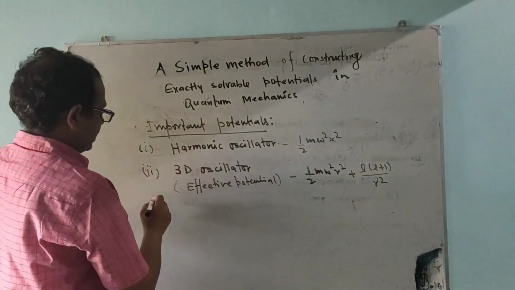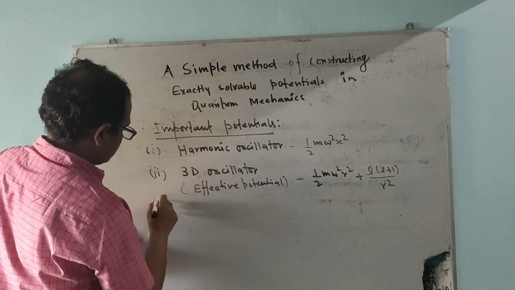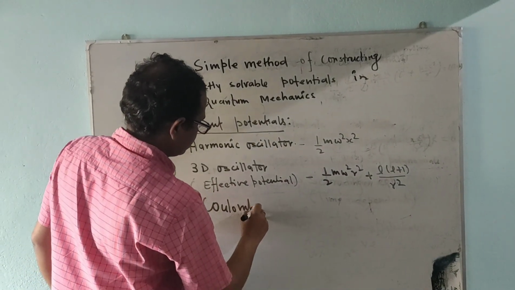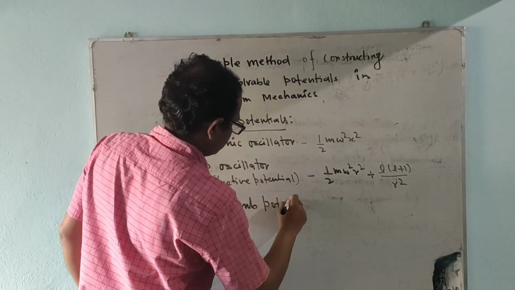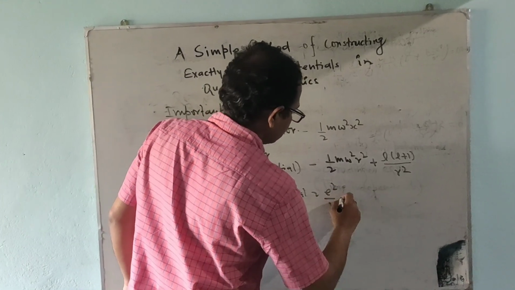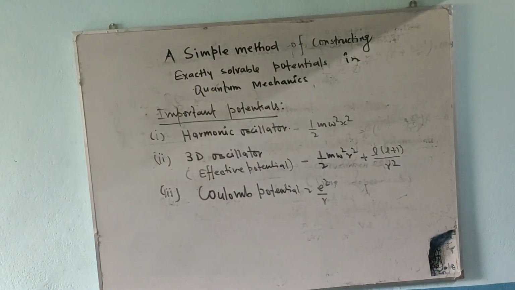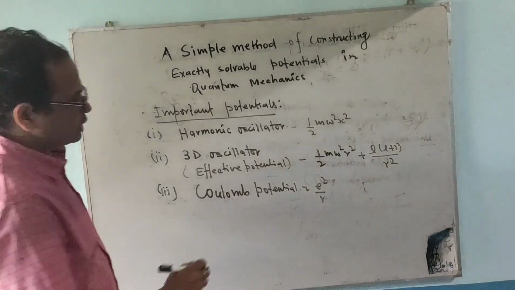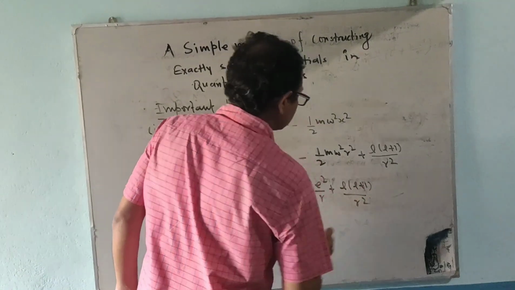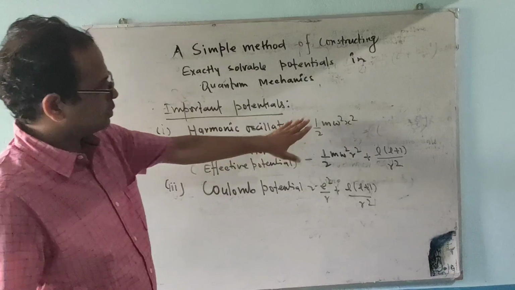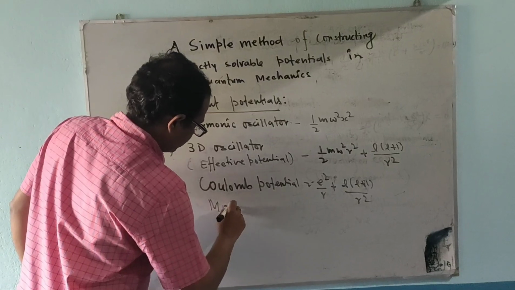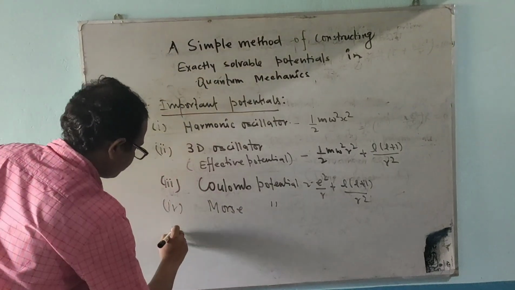Okay, and Coulomb potential. This is also like this, e square by r, and this e square by r plus l into l plus 1 by r square. It's very difficult to write the exact form, and similarly we have this Morse potential,